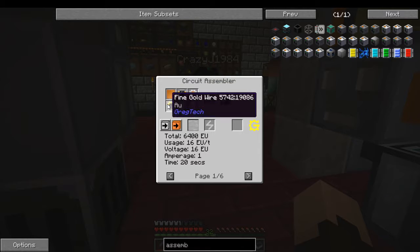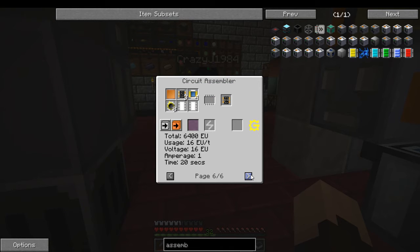But the good electric, you can do this. Oh, you still got to do that? You still got to use the basics for that? That sucks. So for the SMD transistors,